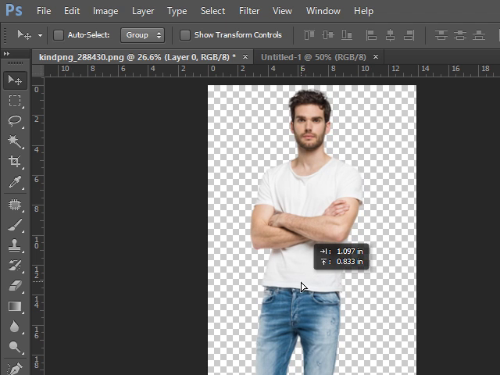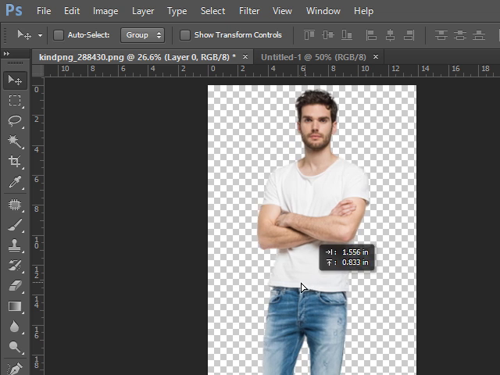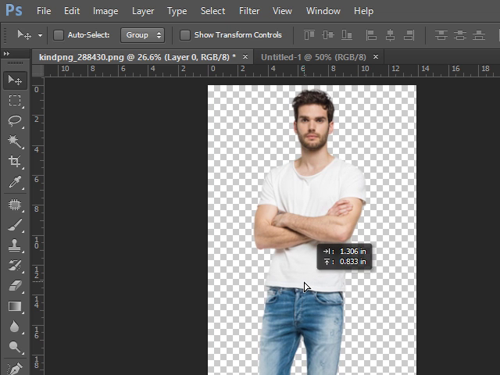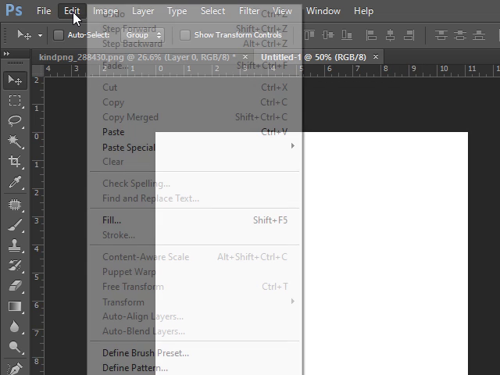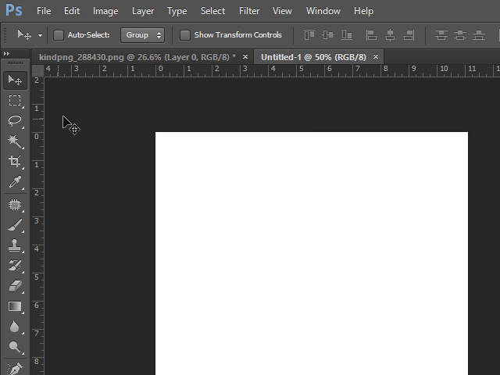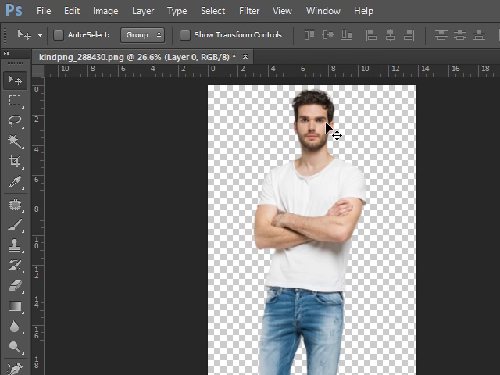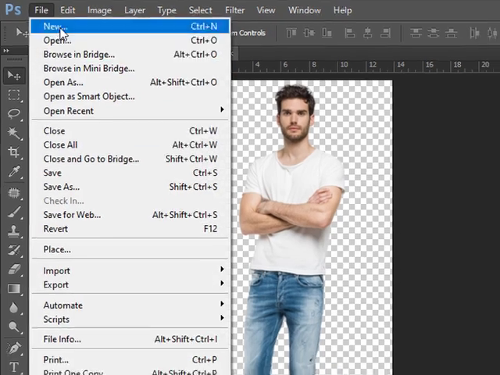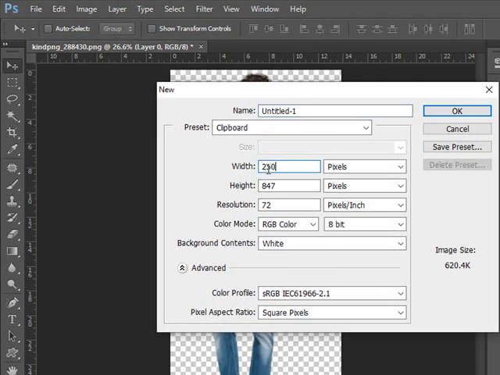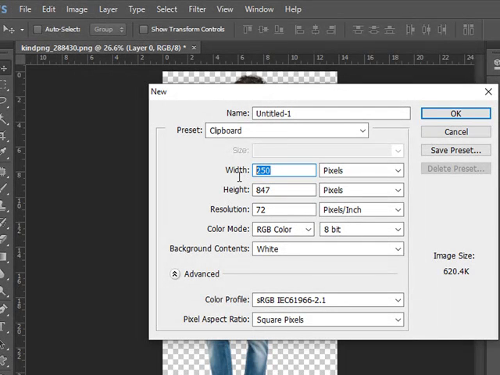It is very important to keep the image that you want to create a shadow of on a separate layer. So here I am creating a new file. The file size I am showing you. This is a new file I have created, or I am doing it again. File, new. Here I want to give a width of 1000 so that it will have sufficient space to show its shadow.